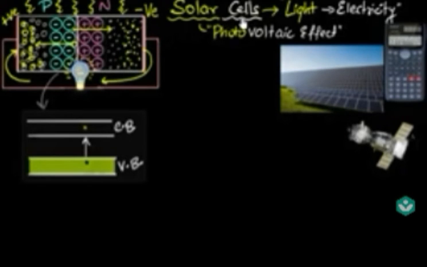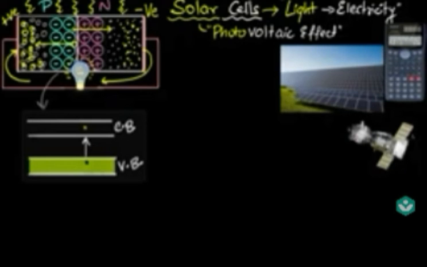So just to quickly summarize the working principle: the photons absorbed in the depletion region create electron hole pairs, and before they have a chance to recombine they get swept by the electric field, and as a result charges accumulate, causing voltage, the photovoltaic effect. And when you connect an external circuit, that voltage makes the electrons go through whatever device you have, continuously recombining with the holes and causing current. That's the whole idea, and this powers up all these devices.